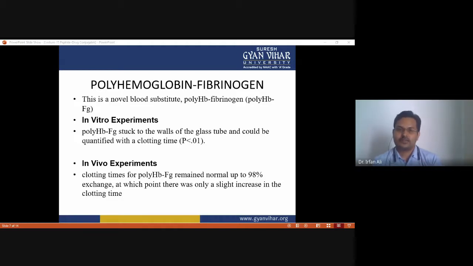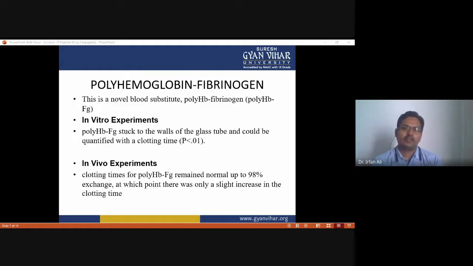And the in vivo experiment shows that polyhemoglobin displays clotting time similar to polyhemoglobin-fibrinogen for exchange transfusion of up to 80%, and beyond 80% exchange, the polyhemoglobin clots that form do not always stick to the side of the tube and would slide freely, and beyond 93% exchange no clot stuck for polyhemoglobin. In contrast, the clotting time for polyhemoglobin-fibrinogen remains normal up to 98% exchange, at which point only a slight increase in the clotting time was observed,